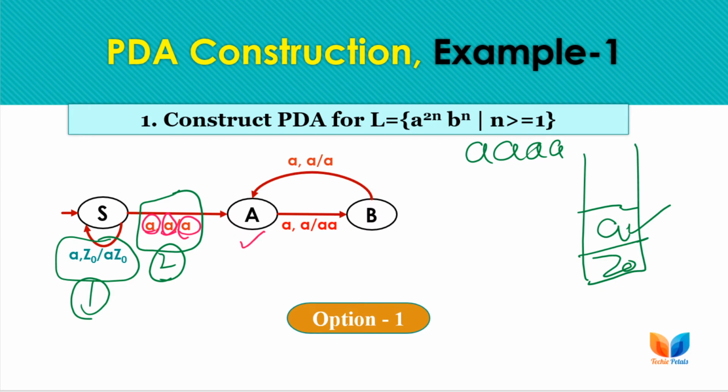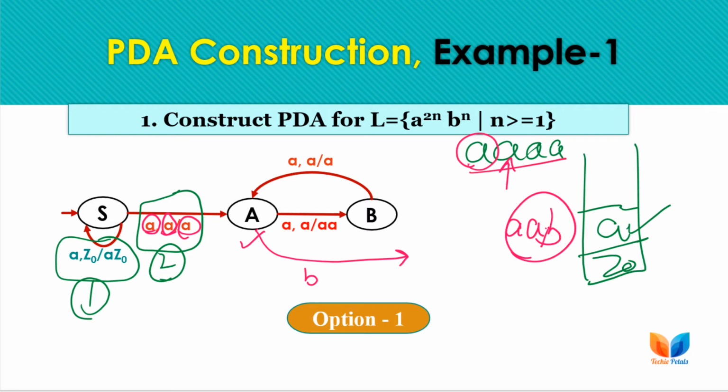So we have not pushed the second A onto the stack, we have just added the first A onto the stack. If we have only 2 A's, we will start the pop operation from this state, meaning we will start getting B's from this A only if we have the string 2 A's followed by 1 B. But if we have more than 2 A's, say 4 A's and 2 B's, then we have to read the other A's also, and for that we have this move and this move.